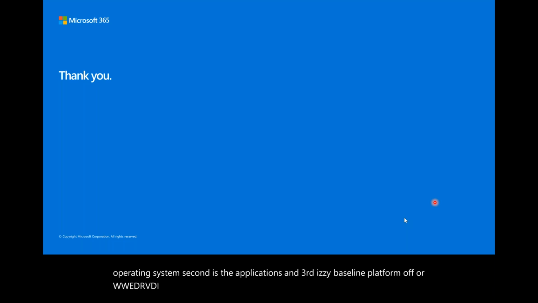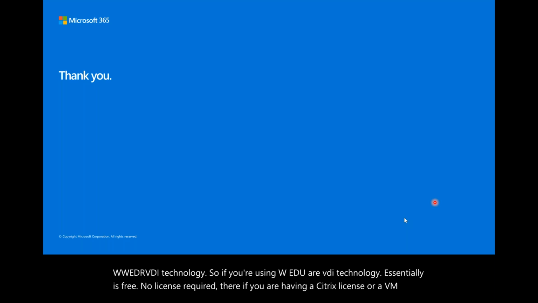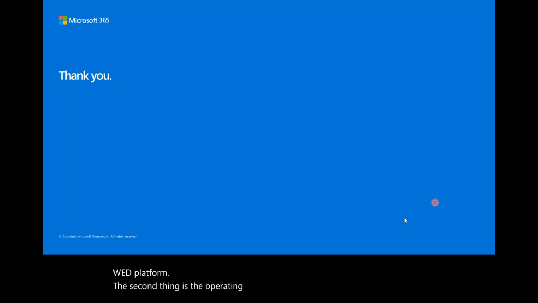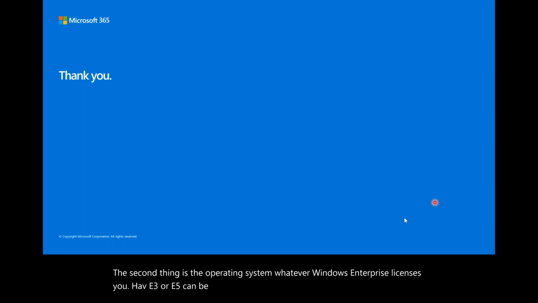If you're using WVD, your VDI technology essentially is free, no license required there. If you have a Citrix license or a VMware license, you can reuse it. So additional purchase is not required, at least on the WVD platform. The second thing is the operating system. Whatever Windows enterprise licenses you have, E3 or E5, can be reused. You don't need to buy any new subscriptions.